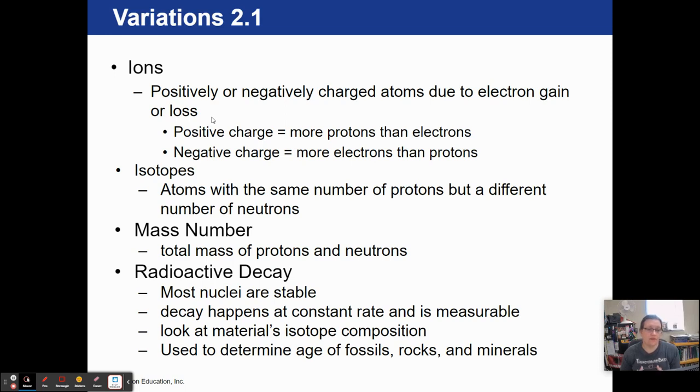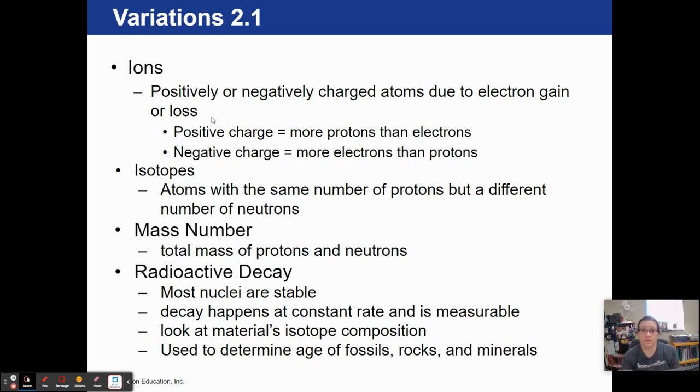Most of the nuclei, or the proton-neutron part in the center of an atom, is stable. But in some atoms, they decay. They're going to lose those over time and become an isotope. They're going to have a different number of protons compared to their neutrons. And we look at those isotopes compared to the one that's expected to see how